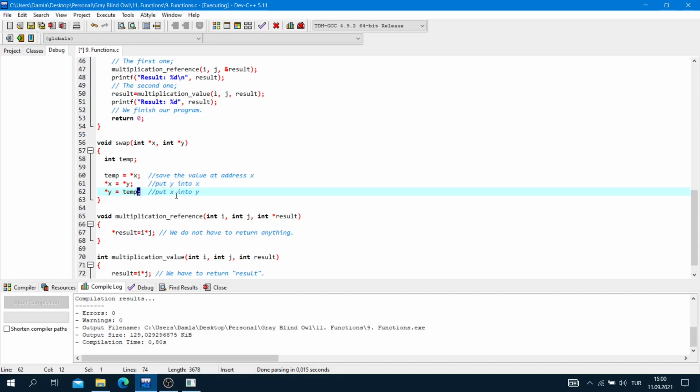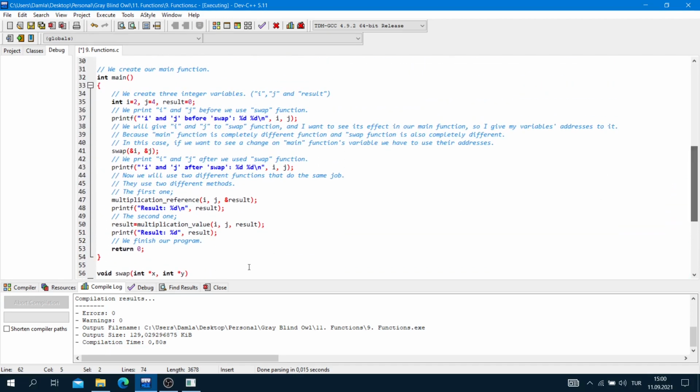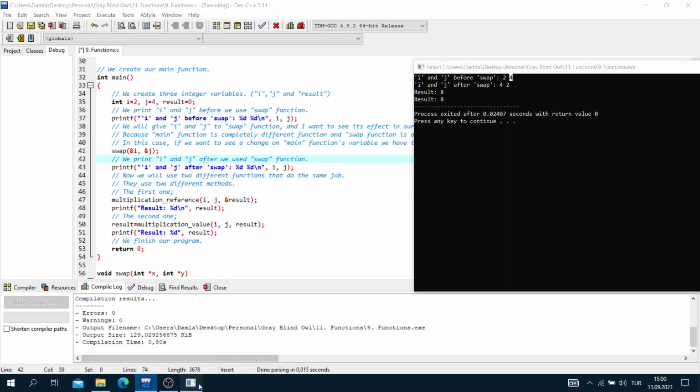Put x into y, because we put the x value into temp before here, and we put the temp value into y value. Now we swapped the i and j values, and we print i and j after we used swap function. As you can see, i and j after swap: 4 and 2. Before 2 and 4, after 4 and 2.